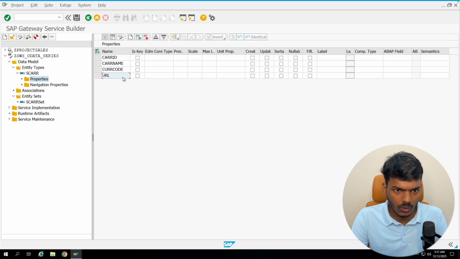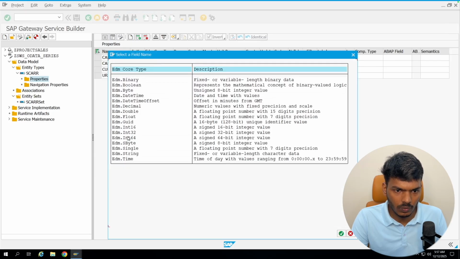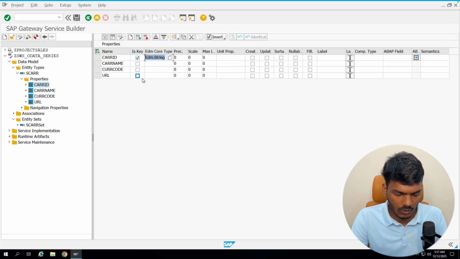Okay, and we will check this for the key. Okay, we will select the data type. We will have Edm.String as the data type, and I can copy this as well. Okay, I will save this